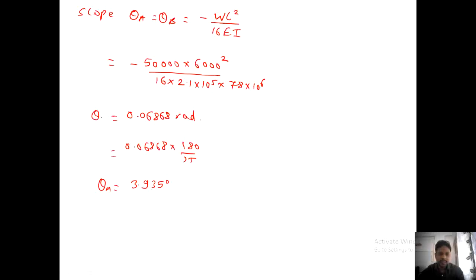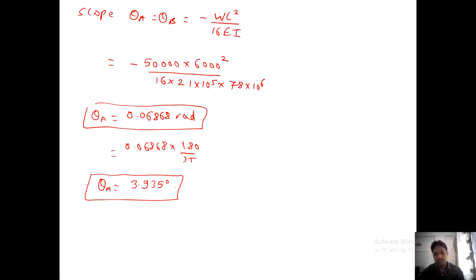This answer is acceptable in radian as well as in degree, no issue. Clear? If it is asked to calculate slope in degree, then go for this, otherwise no need to calculate. Especially we generally use our theta in radian. Okay,